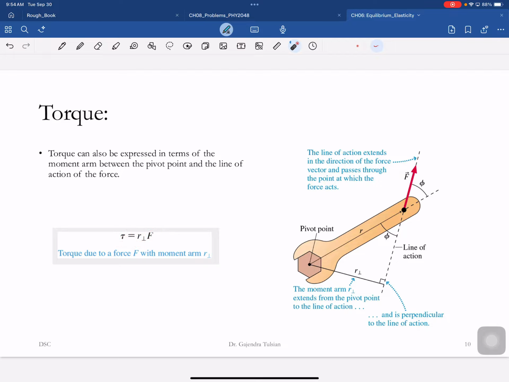So here's Newton's second law. Forces cause mass times acceleration, and torques cause angular acceleration, where mass is replaced by moment of inertia. Just like the greater the force, the greater your acceleration, the greater the torque, the greater your angular acceleration. So in your cars and trucks, they'll tell you how much torque your engine can exert. That will determine how fast your wheels can spin, and that'll determine how fast you can accelerate.